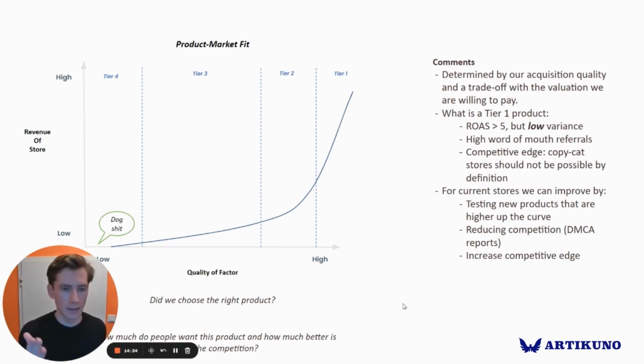And what that means is that you just have no product market fit. The product you chose is just a shitty product, right? And you need to try again. And that's why, again, in my product sourcing video, I talk about testing batches. You test 20 products at a time to then map out the distribution across the different products. Right? Because if you test 2 or 3, you might just be unlucky and you're just landing in tier 4 or 3, and you think,